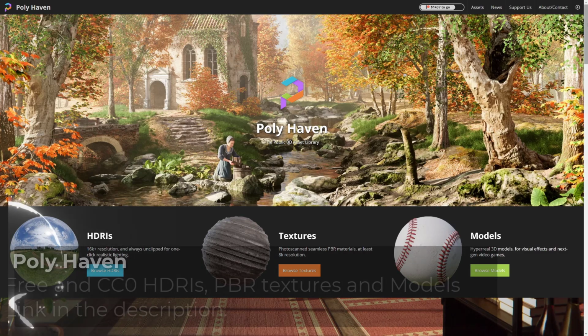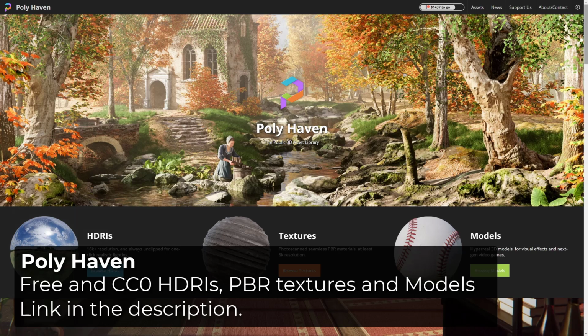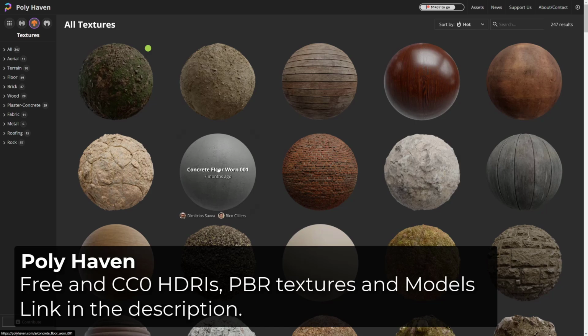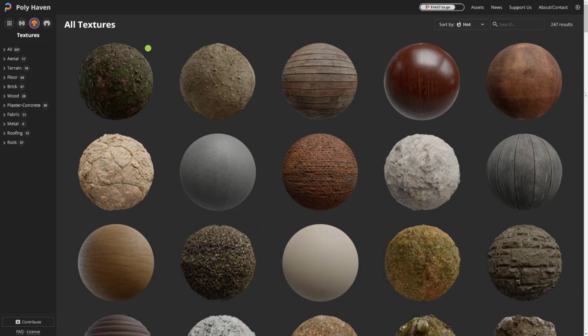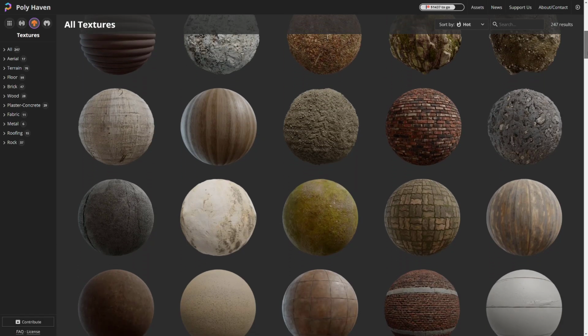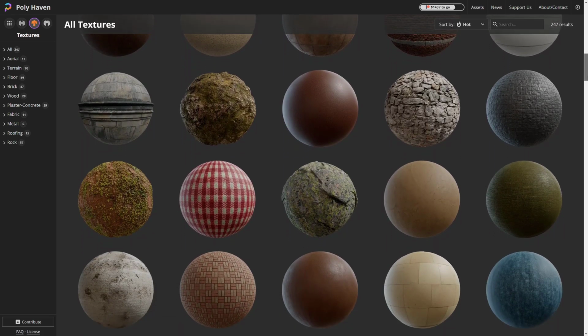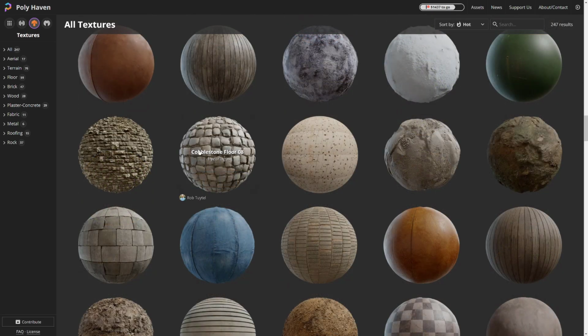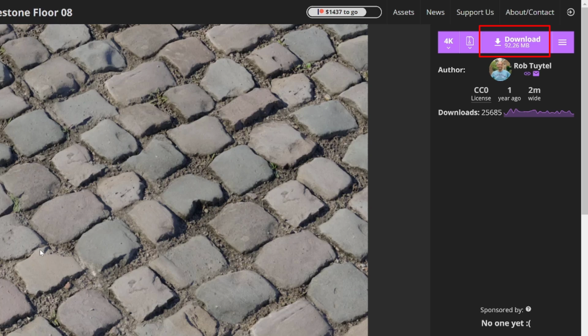First thing we need are PBR textures. We can find Creative Commons super high quality HDRI and textures on Polyheaven. To download the texture, simply select the material you like. In our case, I will choose a cobblestone texture as it has a lot of bump. And from there, you just have to click the download button.